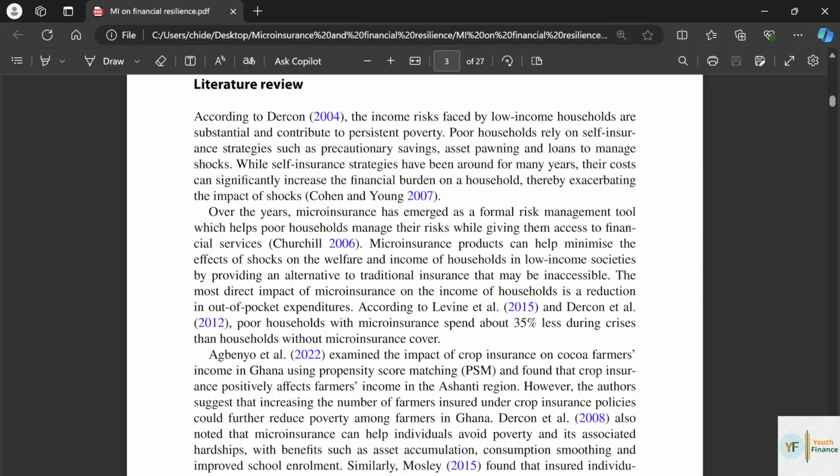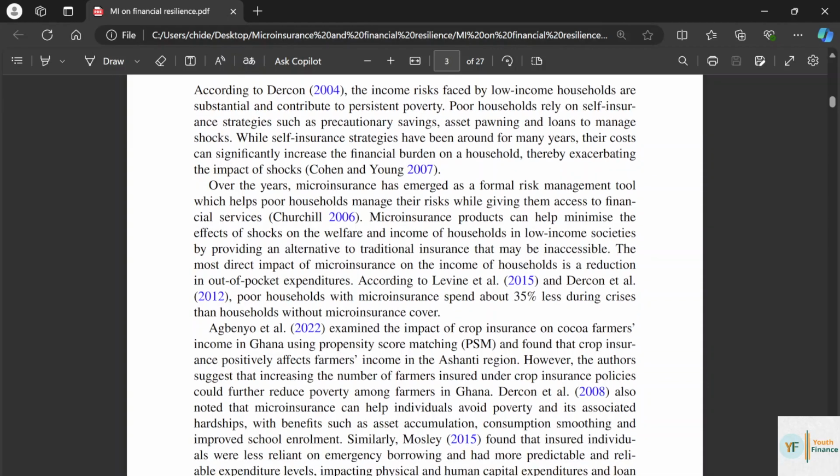Insured individuals are less reliant on emergency borrowing and have more predictable and reliable expenditure levels, impacting physical and human capital expenditures and loan repayment rates. Microinsurance exerts a statistically significant positive impact on the income levels of low-income households. This suggests that microinsurance, as a risk transfer mechanism, empowers households to escape poverty and sustain welfare gains by improving